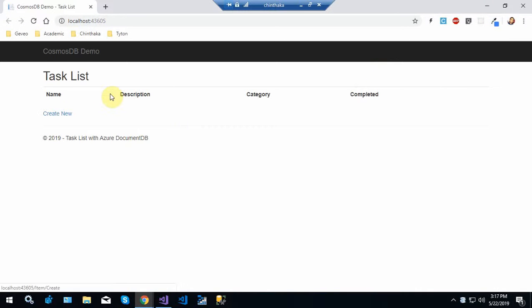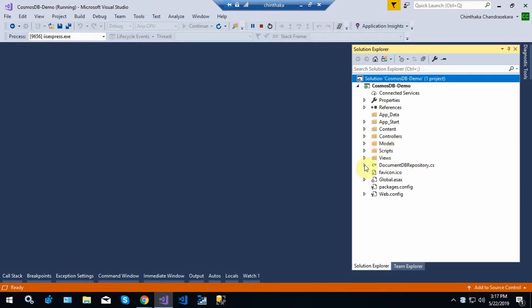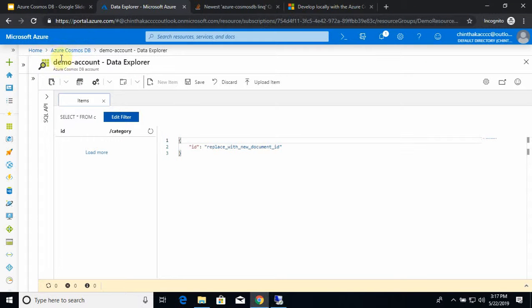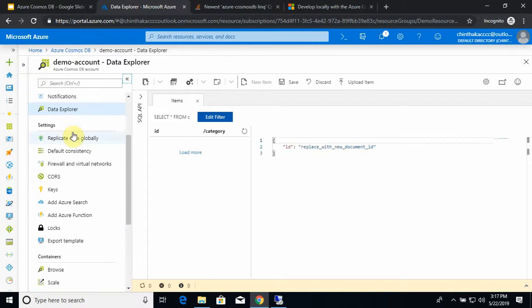So basically, in this application, you can create, edit, and delete a list of tasks. As you can see in my data model, the first thing is, when you are connecting this application to Cosmos DB, you can have your settings in the app settings configuration. So what you want is, if you go back to the Cosmos DB account, at the left